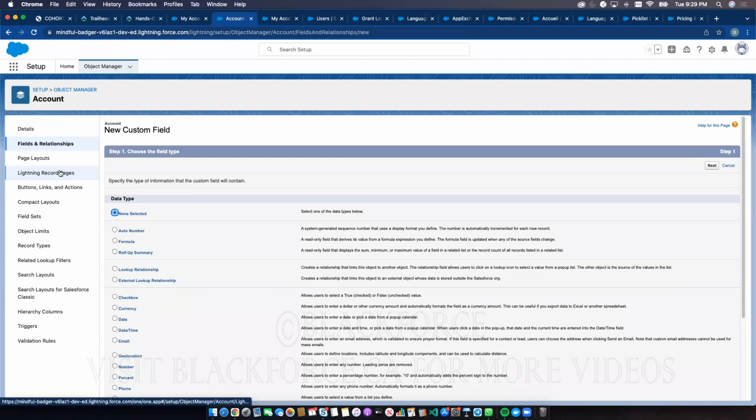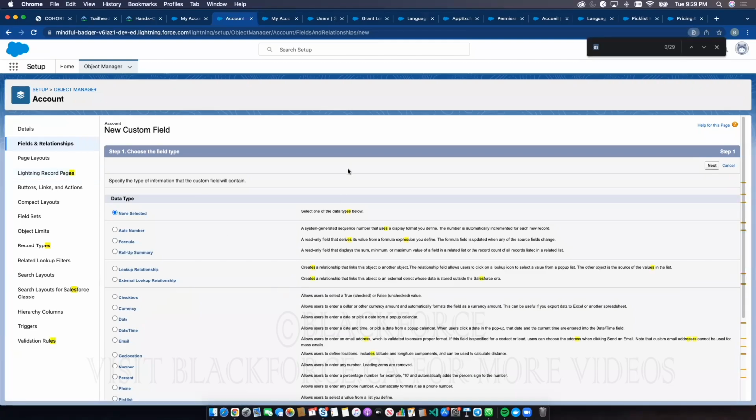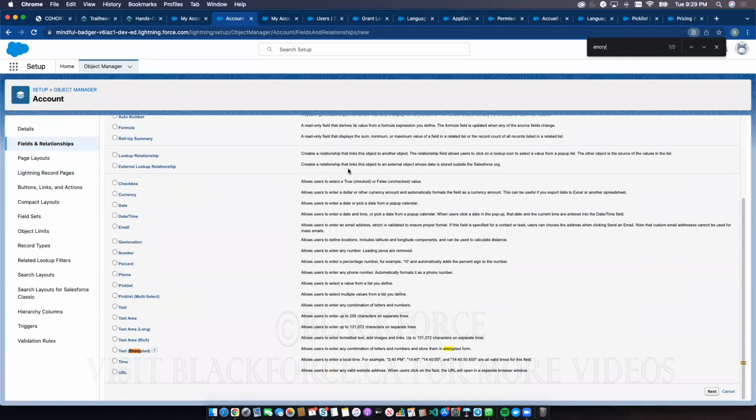Again, don't worry about all this right now. I'm just showing Afe how to do this, okay? So can you see this? Text entered into this field is encrypted using classic encryption. So you cannot search for this field. That's what it's saying. If you select this field and you create it, then you cannot search this